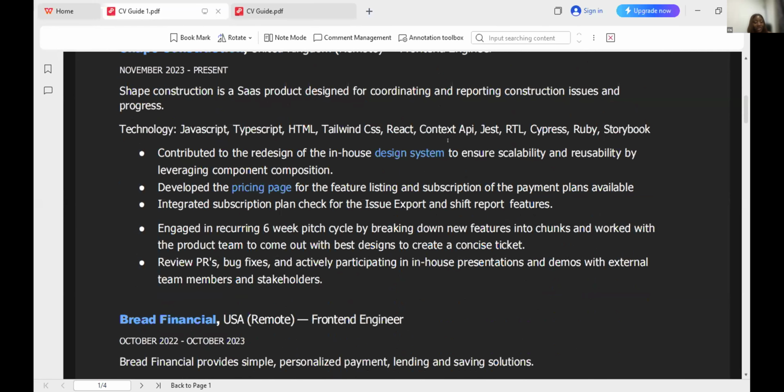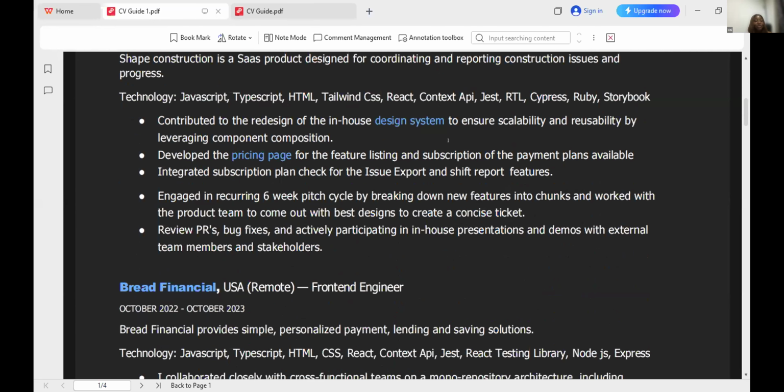Now, technology used. This is for my developers. Please, as much as you can, put it on top here, or you can put it down after the bullet points. Ensure for every place you have worked, or for every work experience you put up, you put the tech stacks you worked with in that place or in that project. Ensure you always put it there. Now he put it out clearly: JavaScript, TypeScript, all of it. And then in bullet points, he has been able to state all of what he did. And if you check, he did not just put responsibilities, he put his achievements as well.